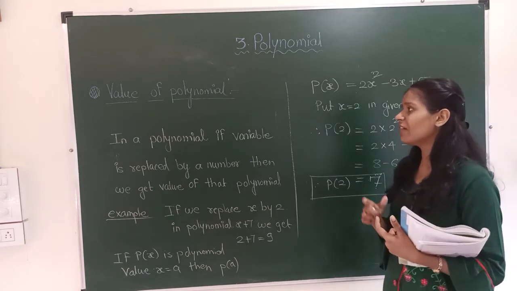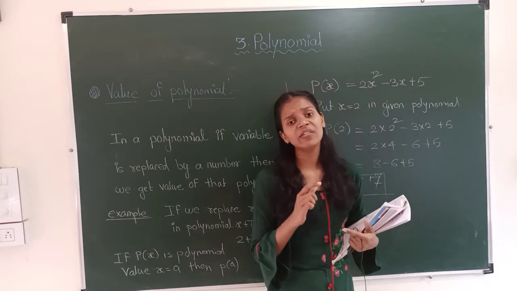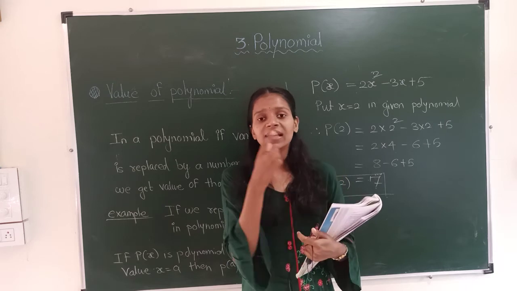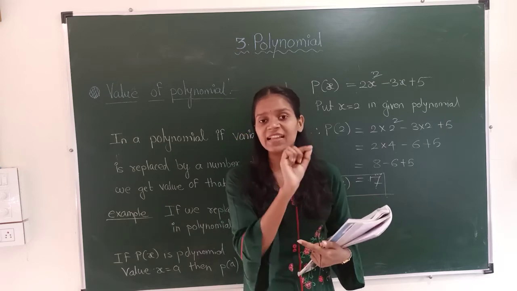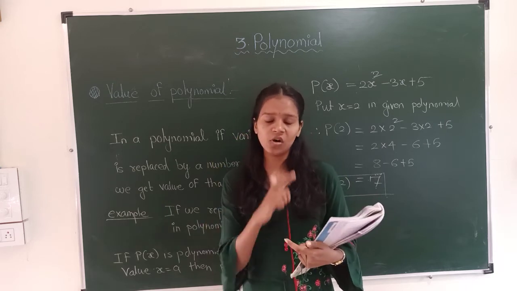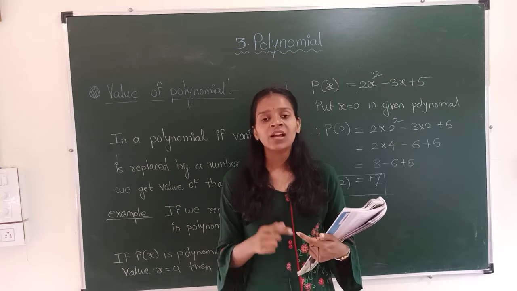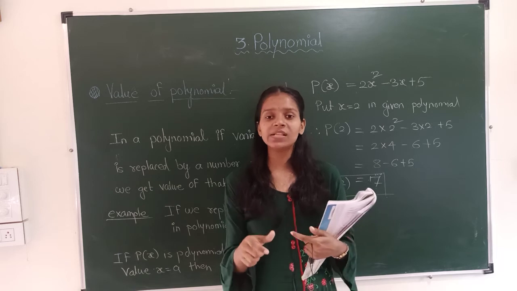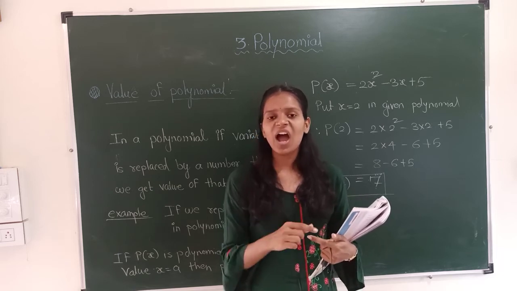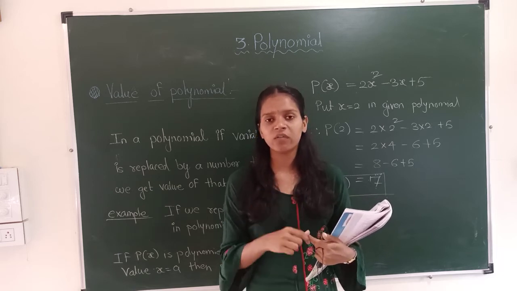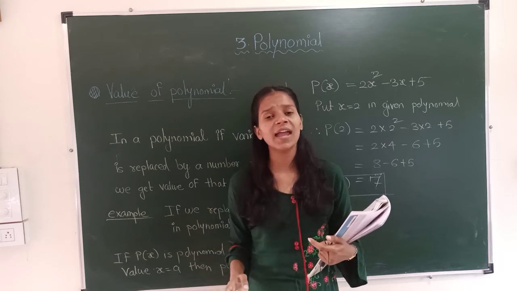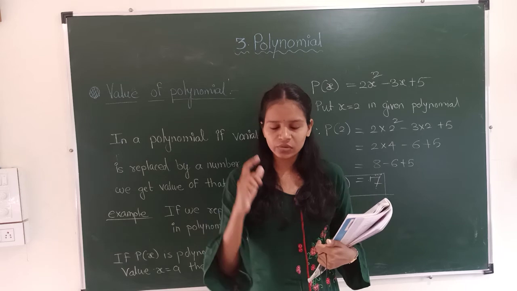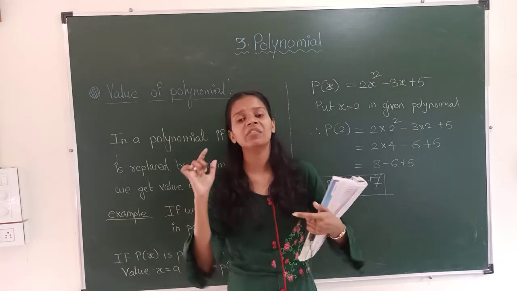In the homework, I will give you some examples and you have to find the values of the given polynomials just like this. This is so simple. You will get nothing simpler than that in your whole chapter on polynomials. Try to solve more and more. In practice set 3.3, the examples might be harder for you. You have to practice each and every example at least 5 to 6 times. If you do that, you will be unstoppable and it will be very simple for you.